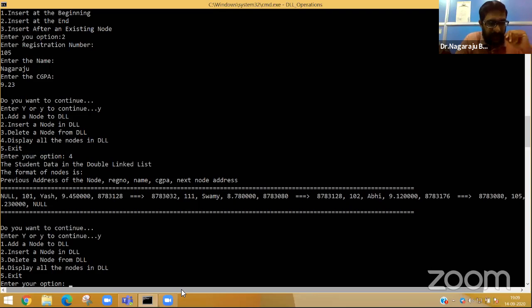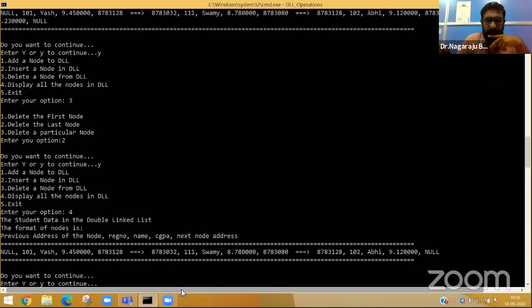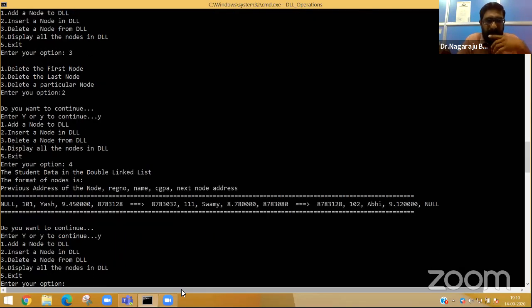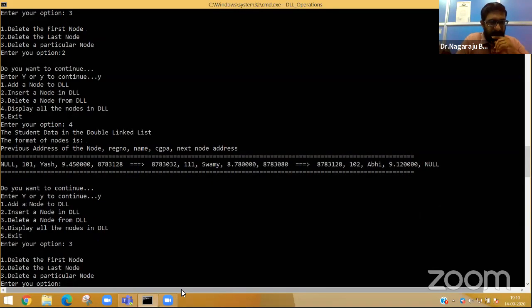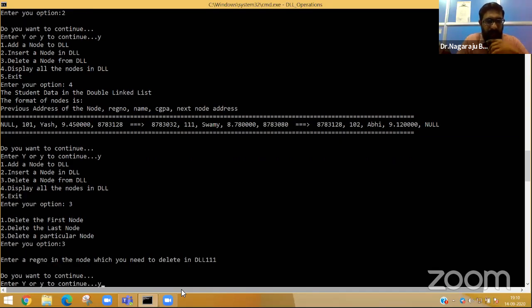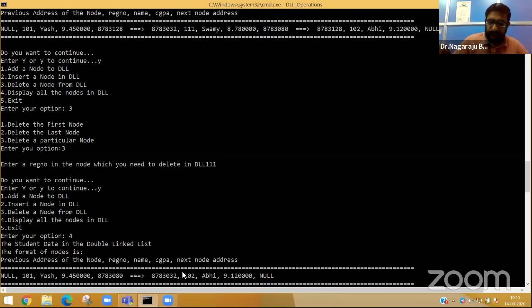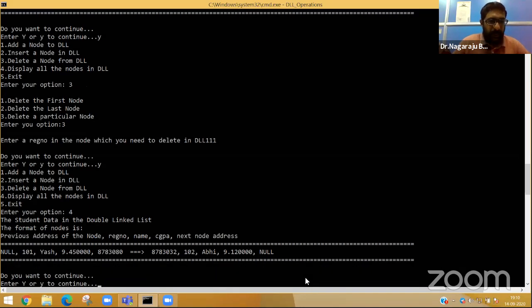Yes. Let me delete Nagaraju, option 3. Delete the last node. It's deleted. Let me display. Now you see Nagaraju is gone. Do you want to continue? Yes, I want to continue. Let me delete Swami here, who is in between, after Yash, before Abhi. So delete a specific node. Enter your option, delete a particular node. Which node? 111. Do you want to continue? Yes. Do you want to display? Yes. Now you see Swami is gone